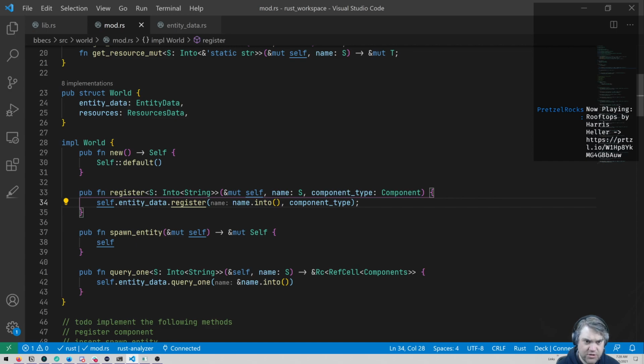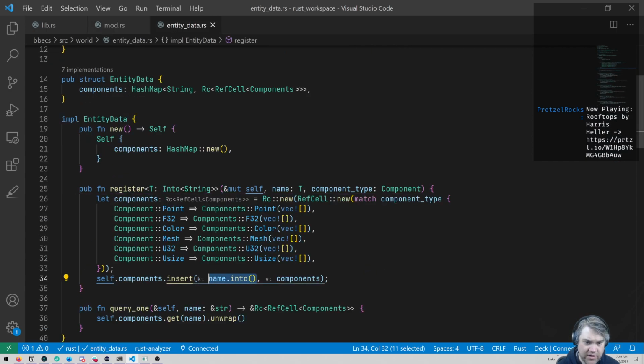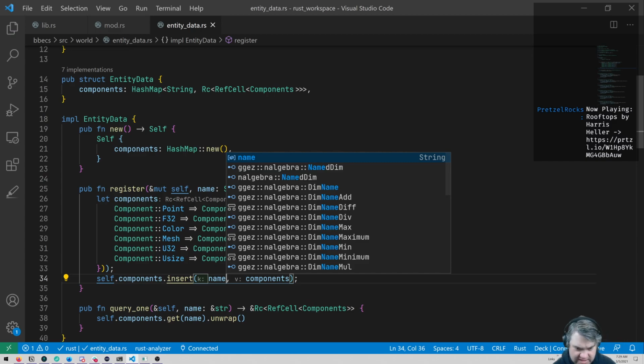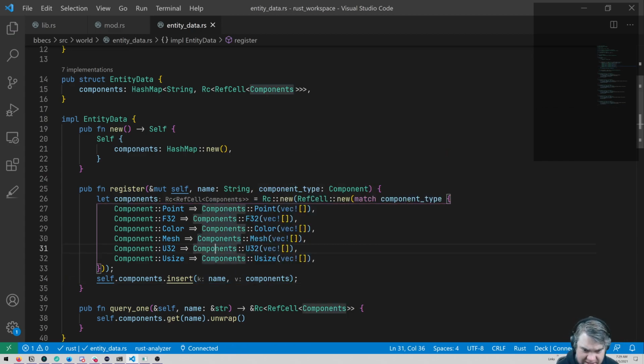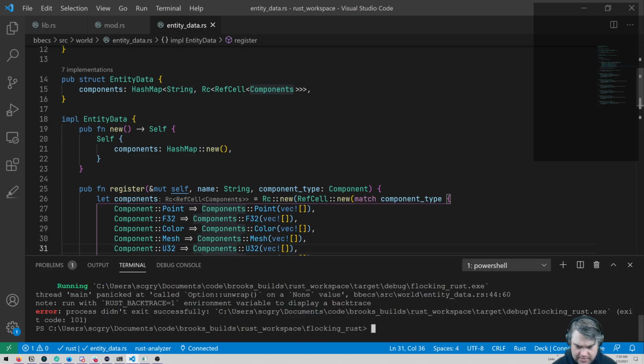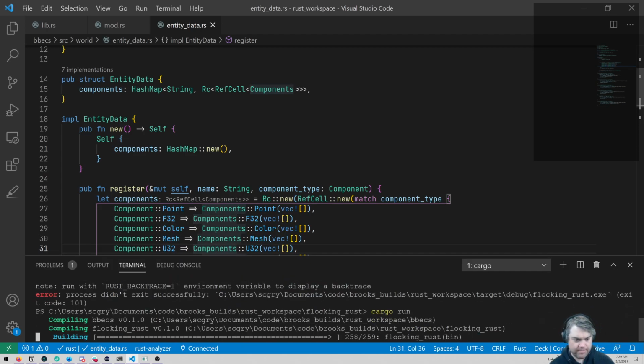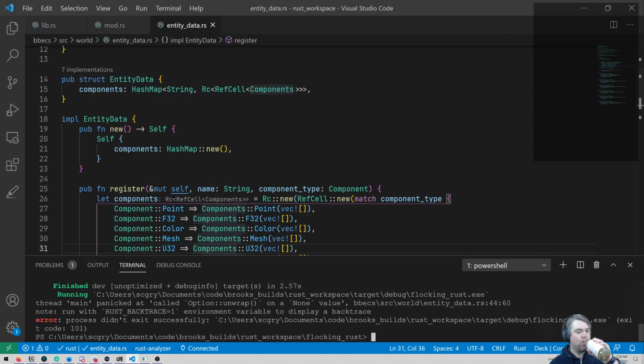I'm doing this into twice. I'm wondering if that's a problem here. So I think what I want to say is I don't want this to be generic at all. I want it to just be a string coming in. I don't have to do this name into twice because I think it's got a string into something. So if I do that, is it the exact same place? It is, line 44.